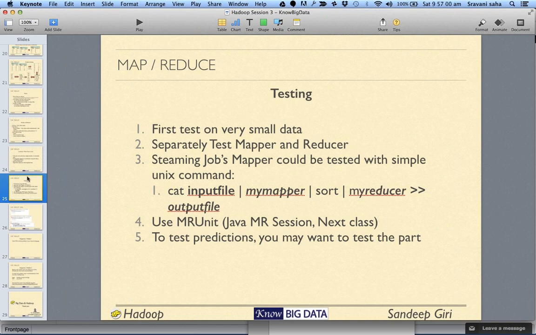Before we start the Java part, let's go through a few things. Testing MapReduce is actually pretty straightforward. First and foremost, test it on very small data. Okay, small data as in say a few hundred lines, maybe a few thousand lines. Okay, now the problem with small data here is,